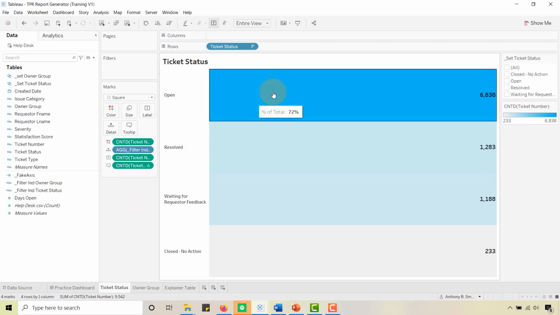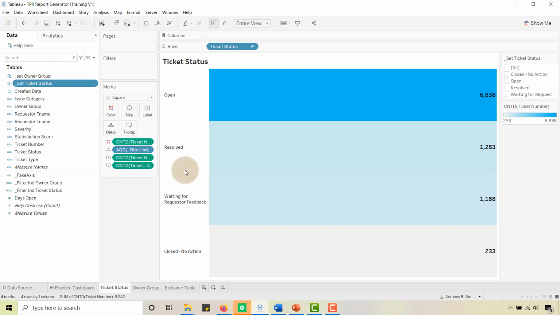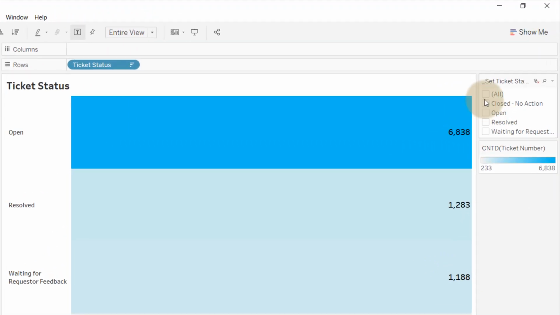And so what's going to happen is, I can go over here to your set. You can show set. Click that. I already have this shown. And you'll notice when I click something in the set, that indicator shows up. So basically, if we go back to our formula, we're saying if one item is selected in the set, then return that Unicode circle. You can see what's happening as I select one item,